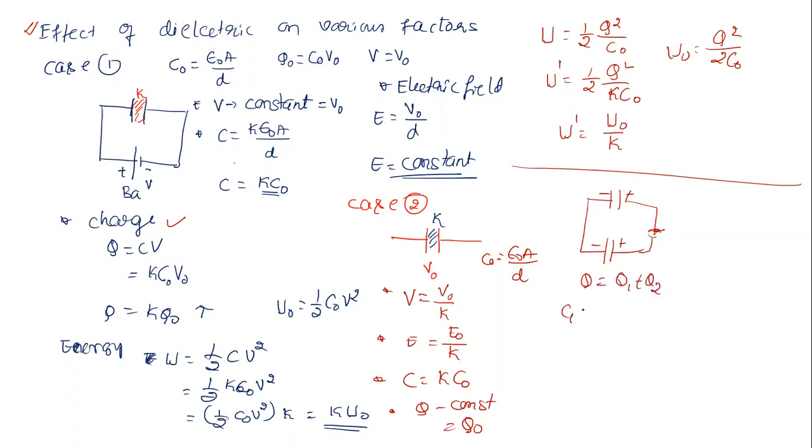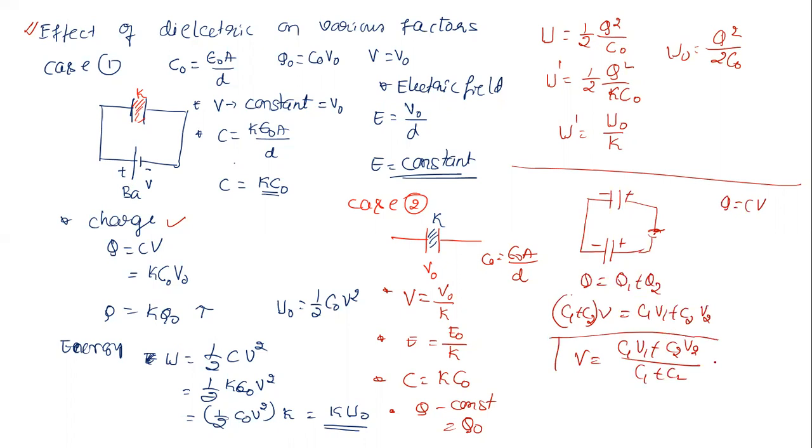So it is C1 plus C2 into V, because they are going to achieve a common potential. Initially it is C1 V1 plus C2 V2. We take this formula from Q equal to C into V, where V is common on the left hand side, because these two are connected and both achieve common potential. Initial charge must be equal to final charge. So V is given by C1 V1 plus C2 V2 divided by C1 plus C2. This is the formula for common potential. You should remember this formula very well.